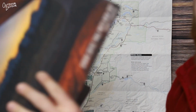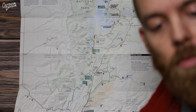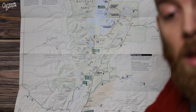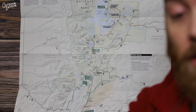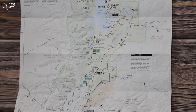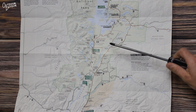So yeah, I would knock those two hikes out. I know it's a lot. Now we're talking about being done with like 22 miles of hiking by like 4 p.m., which is a lot. That's a ton. But personally, that's just what I would do if I had one day. I'd do those two hikes. After that, I would basically